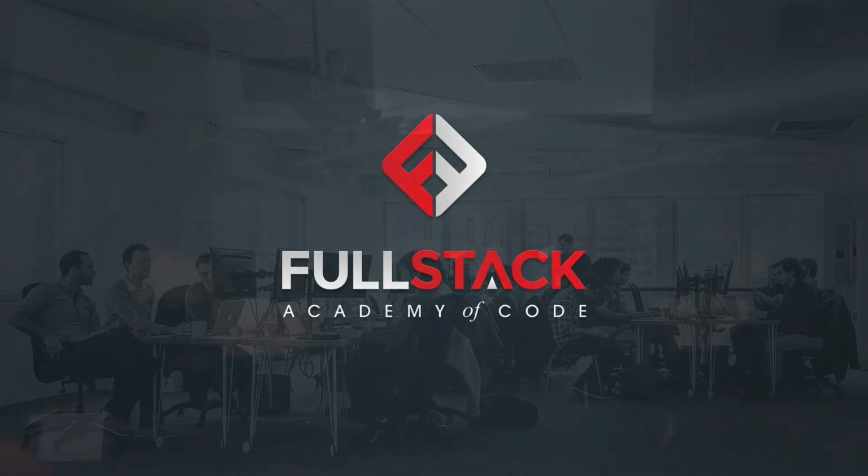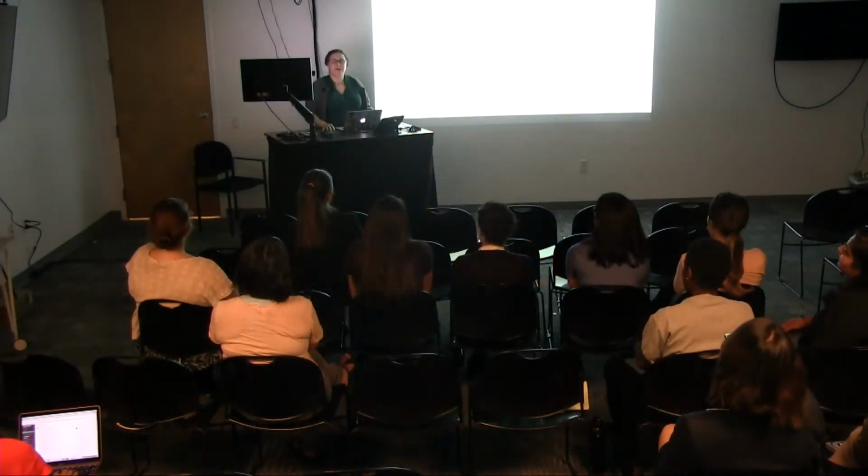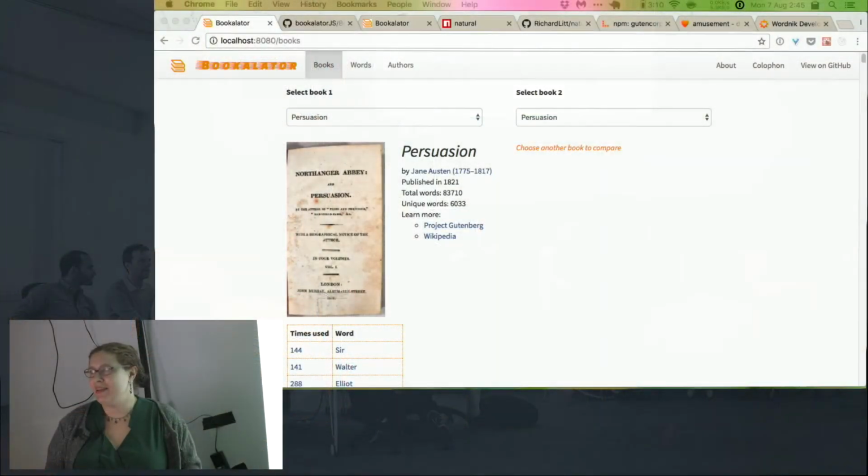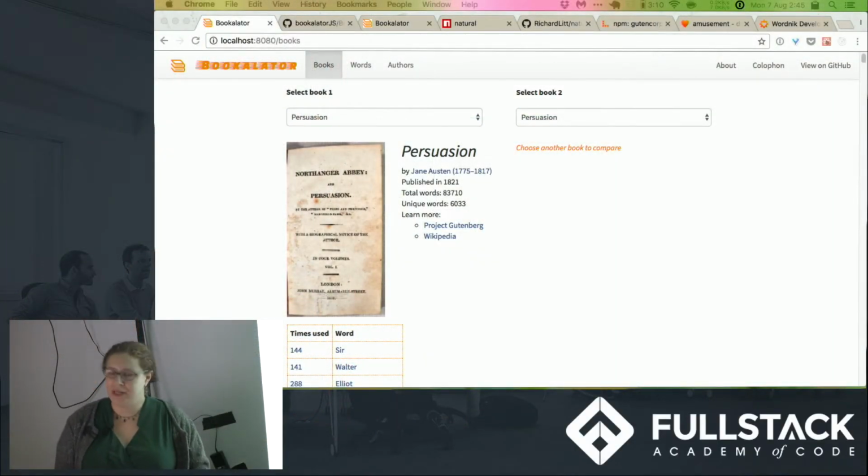Okay, this is the Bookalator, or at least it's the beginning of it, the very first view. Bookalator is intended to let you see a list of all of the words in a book and the number of times that each word occurs, and then drill down and view all the sentences that each word occurs in, and ultimately compare two books so that you can see